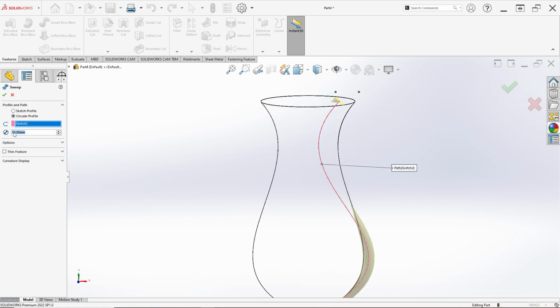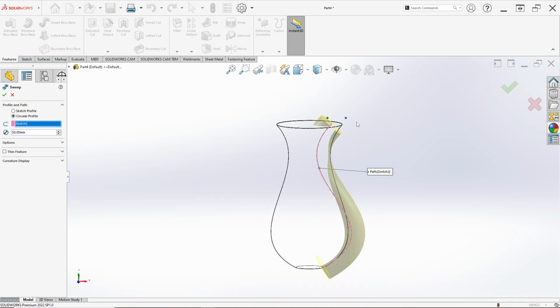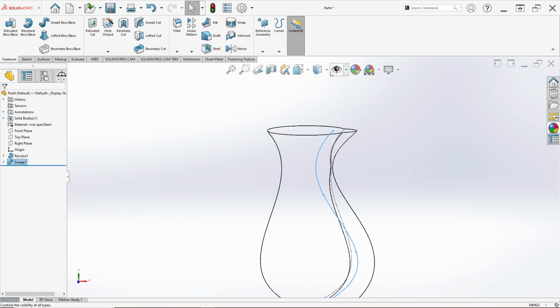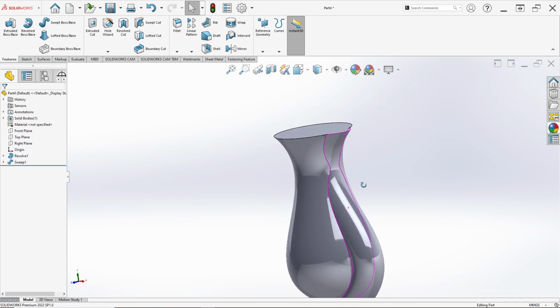Sorry, here for diameter set 50 millimeter. After that, click options, ensure we check align with and face like this. Then just click OK. Select display style again and select shaded with edges, like this.